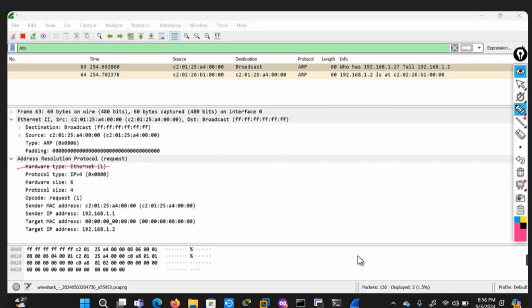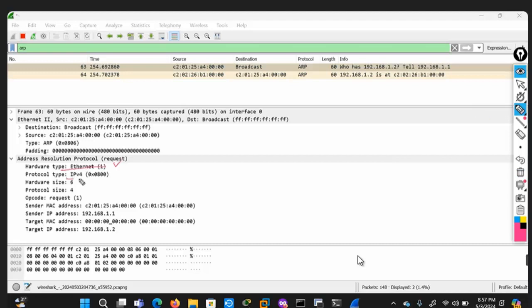Hardware type. What does hardware type mean? Hardware type means which technology it is using. Ethernet technology. Which hardware technology is being used? Ethernet technology. In hardware technology there are different technologies over here. Some are Ethernet and token ring, okay? Token ring is obsolete, no longer in use, but Ethernet is used in recent technology. All the networking devices and networking components use Ethernet technology. So this is the Ethernet technology.